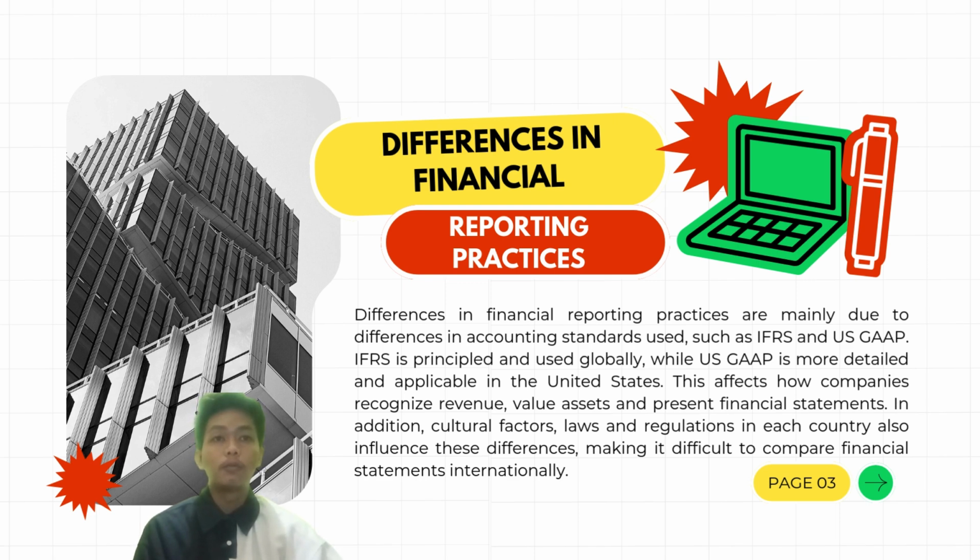IFRS is principle-based and used globally, while US GAAP is more detailed and applicable in the United States. This affects how companies recognize revenue, value asset, and present financial statement. In addition, cultural factor, laws, and regulation in each country also influence this difference, making it difficult to compare financial